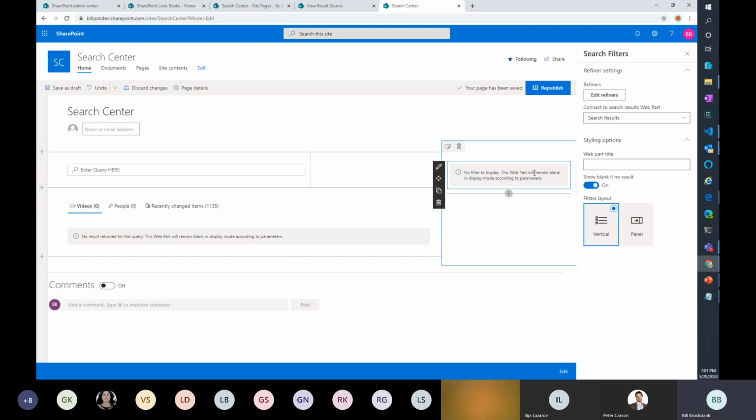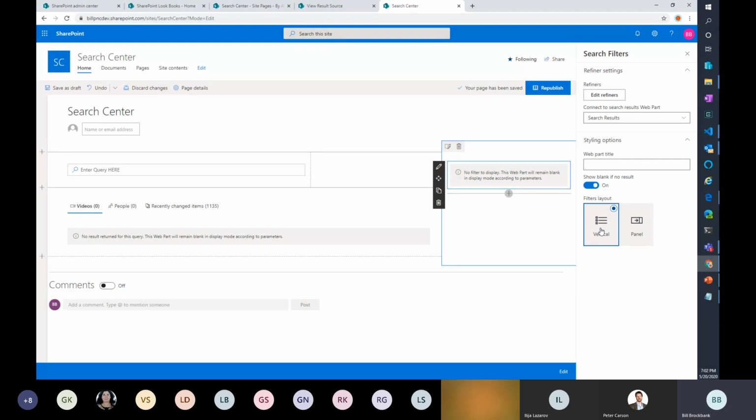Next up is the refiner. The refiner can be configured 2 ways. One is a vertical or as a panel. So if you were looking at a real estate issue and you want it to be panelized, you could use the panel, and therefore it'll fly out from the right side and you get a panel of your selections, or a vertical. The vertical is the one we're more familiar with. I have not figured out how to do this so I can get more real estate. I guess I could switch this over. I've used the full length panel on the right.